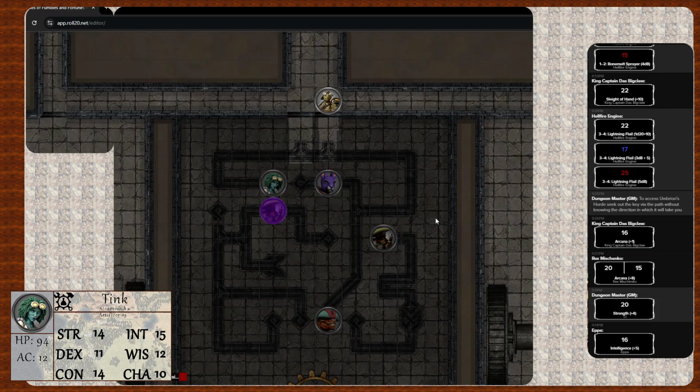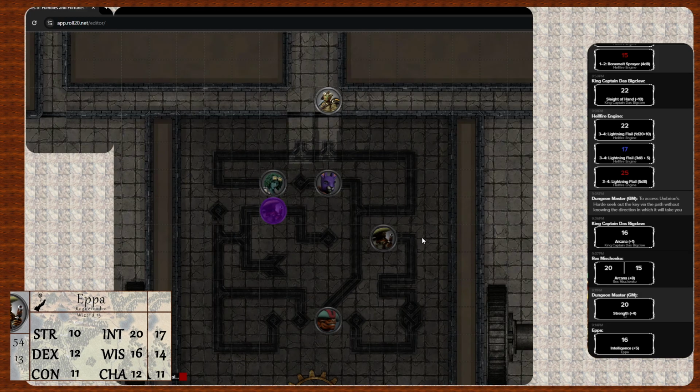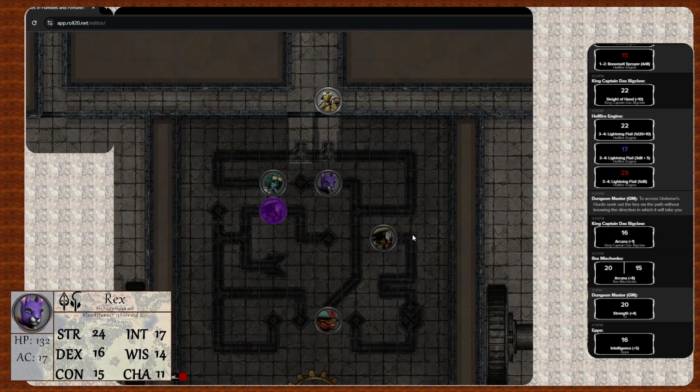Rex tries his best to actually find Eppa's tail again, because he doesn't want Eppa to fall down into an infinite pit or anything. That's fine. Eppa, meanwhile, steps forward, you feel something underfoot, and then you feel the path extend before you again, and you can feel the pathway itself seems to veer off to the right.